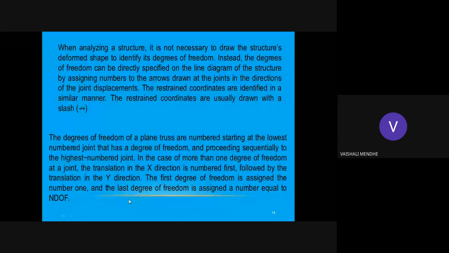But to start the second derivation, first of all you should know the meaning of the freedom code. That is to be assigned in a global coordinate system in ascending order using 1, 2, 3, 4 like that. I hope you understood the meaning of freedom code and restraint code. Freedom means free, so coding along which the displacement is possible is called the freedom code. Coding along which the displacement is not possible is called the restraint code. Understood?